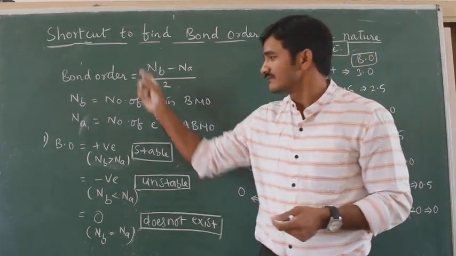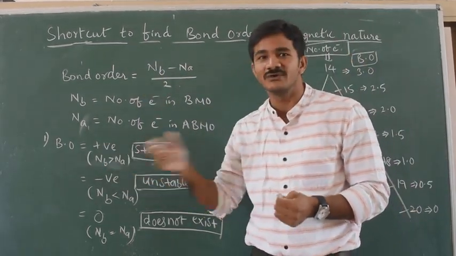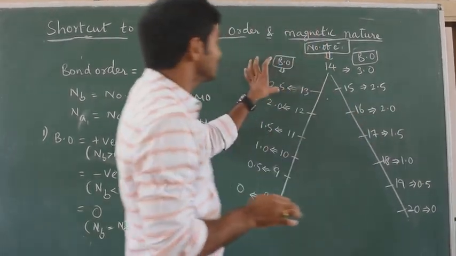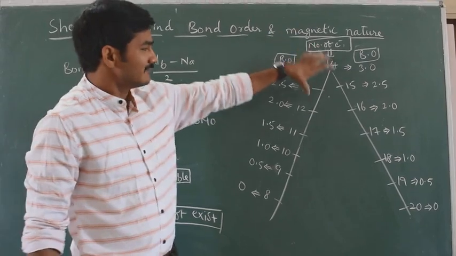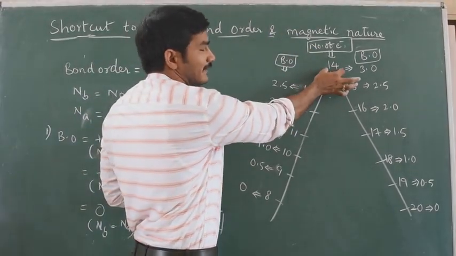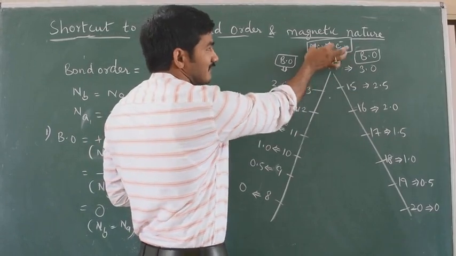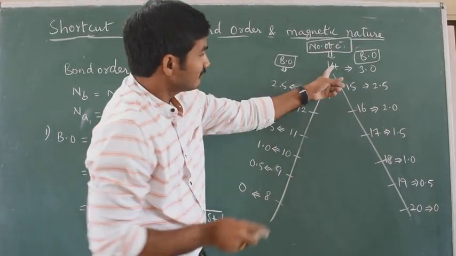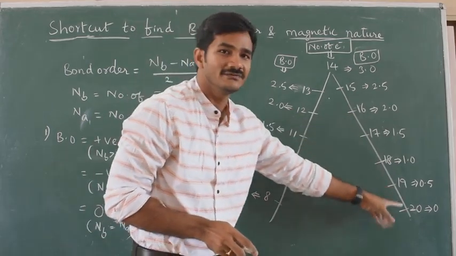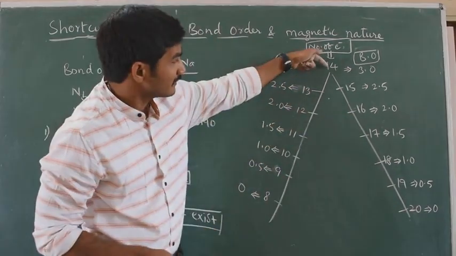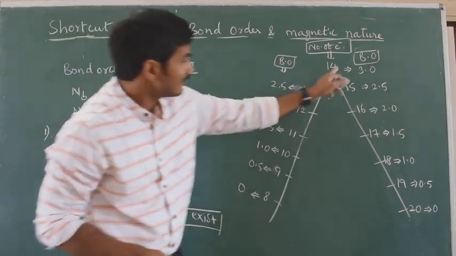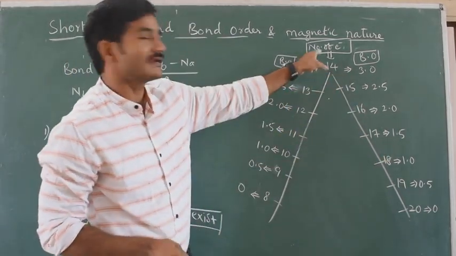So these are the points we can use to explain the stability based on the formula. But how do we find out that value, positive or negative? We can find it based on a simple trick. You see this? I have written one simple form. This 14 is the number of electrons in a molecule. Here I increase one number at a time: 15, 16, 17, 18, 19, 20. Here I decrease one number at a time: 14, 13, 12, 11, 10, 9, 8. What are these numbers? These numbers are the number of electrons.